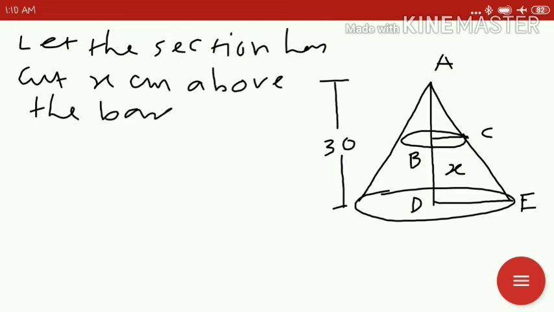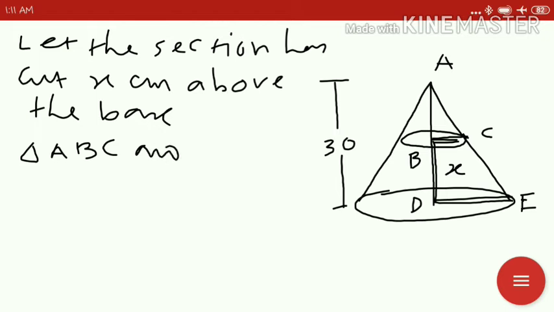Here this x portion is the BD portion, the x above which the section is cut. Now first we will try to prove that the right angle triangles ABC and ADE are similar. Only then, by comparing the sides, we can easily find out a relation between the radius of the smaller cone and the larger cone. So first we will try to prove that the triangle ABC